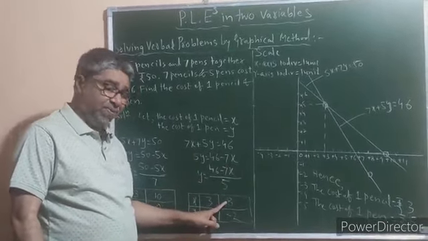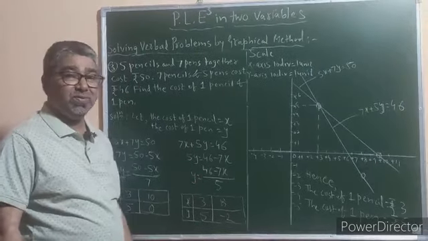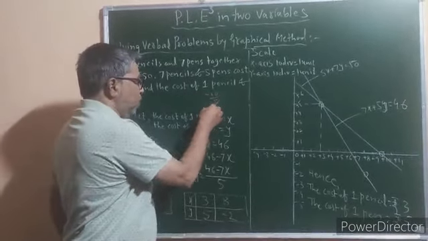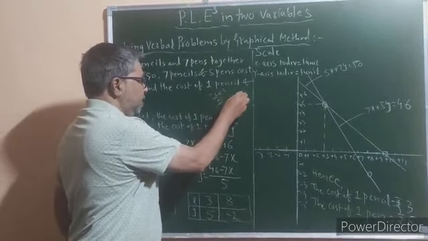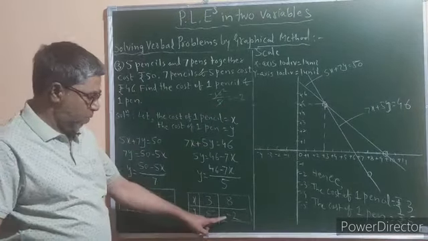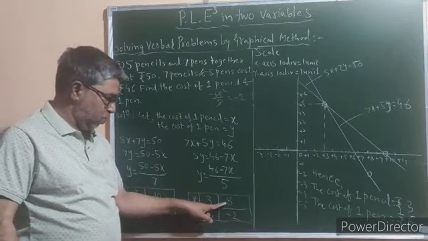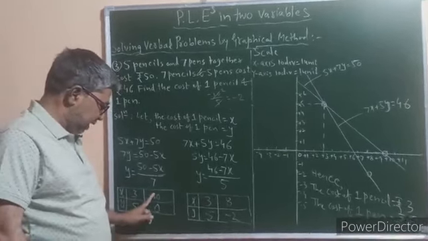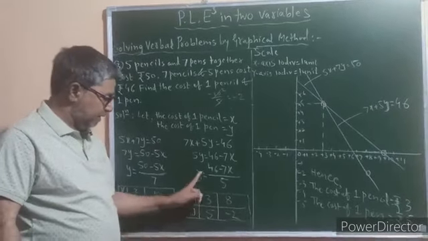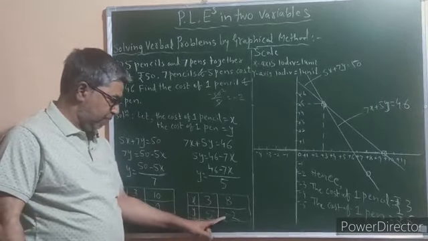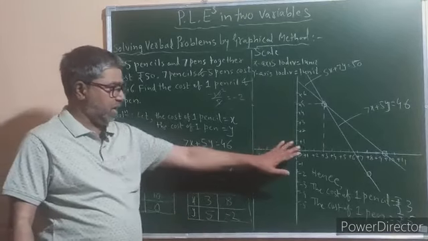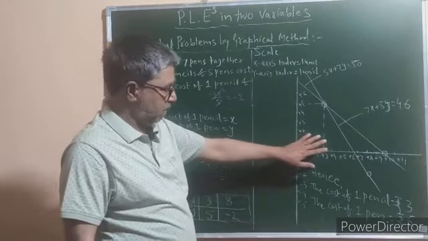Now go for the value of x as 8. 7 8s are 56. 46 minus 56 will be minus 10. Minus 10 upon 5, 5 2s are 10. So minus 2 will be the value of y if you take x as 8. So (3, 5) and (10, 0) are 2 pairs in the first equation, and in the second equation (3, 5) and (8, minus 2) are another 2 pairs. These ordered pairs are to be plotted onto the graph sheet.